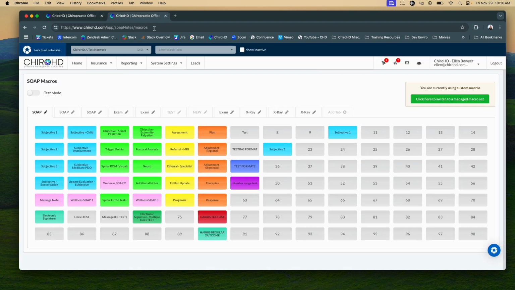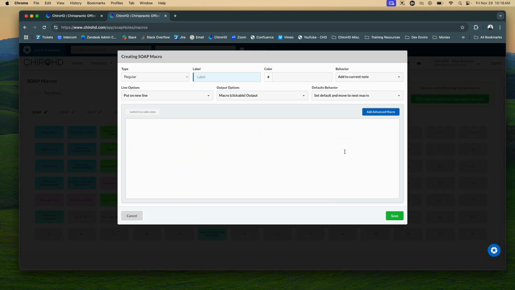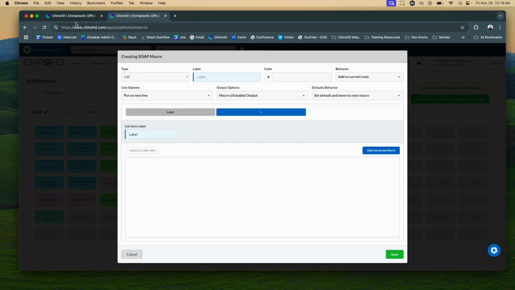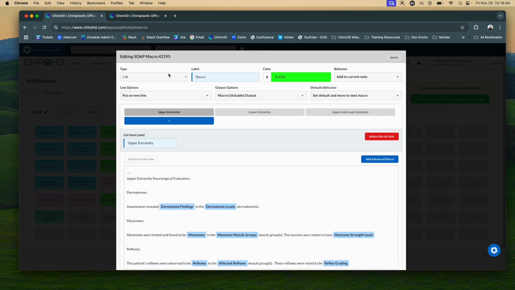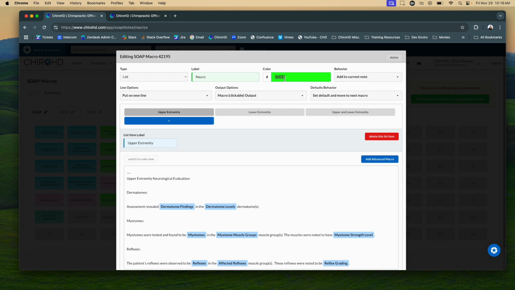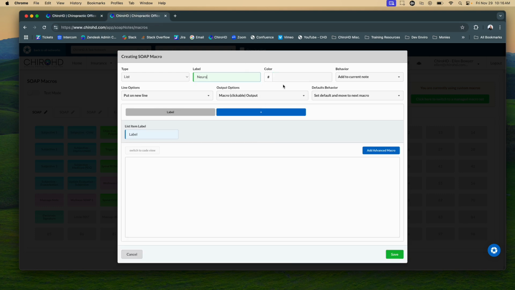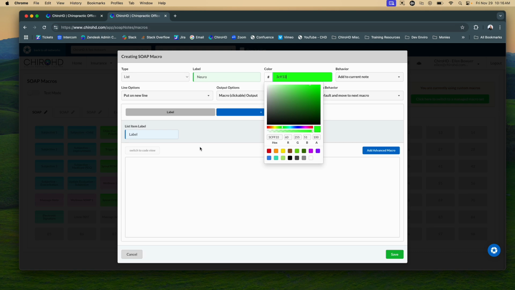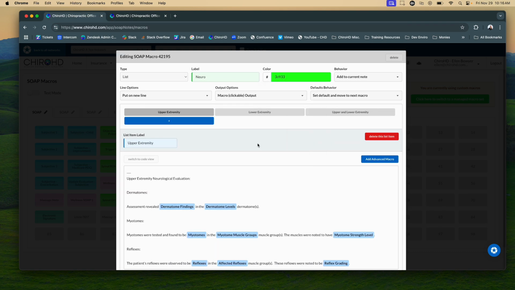So again, I'm going to click over into my pasting tab. I'm going to click on the open space where I want to paste this macro. Under type, I'm going to select list, and then I'm going to start copying and pasting. So I'm going to get to my first tab option in my list. I'm going to copy the list item label,